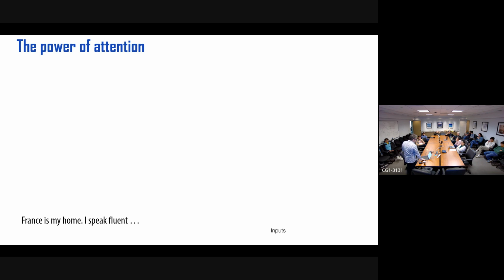Okay, so the idea is a little bit like this. If you have "France is my home, I speak fluent," and your task is autoregression, so you're going to guess what the next word is, right? And I'm going to guide you through this transformer architecture in a simple way. The first thing that you do is tokenize the sentence, right? So tokenization is assigning a numerical code to every piece of data that is unique and repeatable. So whenever you have France, you have the same token. France always has a single unique token. "Is," "my," "home," every single one of them has a unique code, okay?